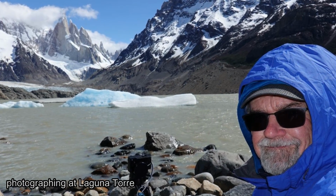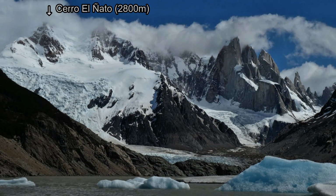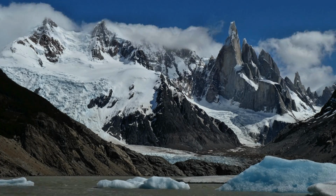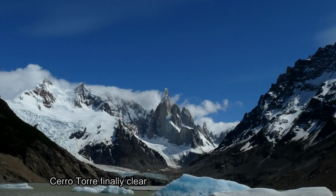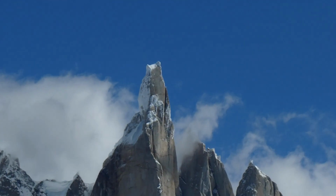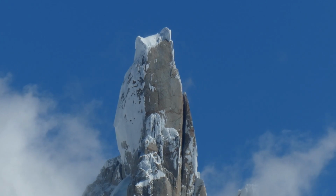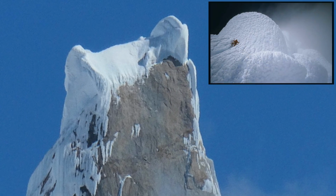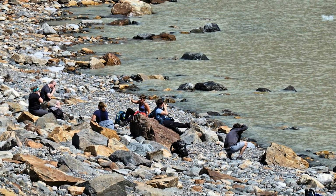I had an hour of serenity alone at the lake to watch the clouds form and dissipate over Cerro Torre. Cerro Torre's summit normally has a rime ice mushroom that makes summiting a challenge. The arrival of a large hiking group ended the serenity, so it was time to start the 4-hour hike back